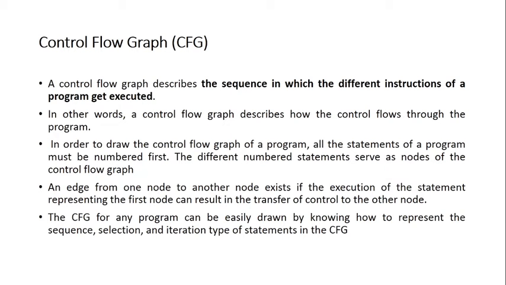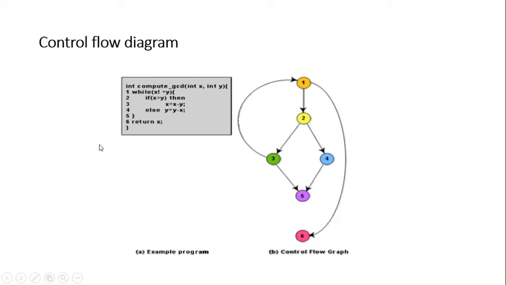Let's take it with the help of an example. We'll see from here. Taking the same example for computing the GCD, greatest common divisor, we have this code here, the logic part. The first step is you have to number the statements. Whatever statements are there in the logical part, you just number them. The second step is, corresponding to these numbers, since we have 6 statements here, we'll have 6 nodes in our control flow graph. Simply 1, 2, 3, 4, 5, 6.